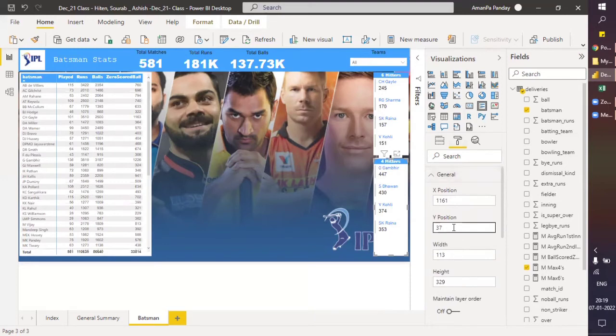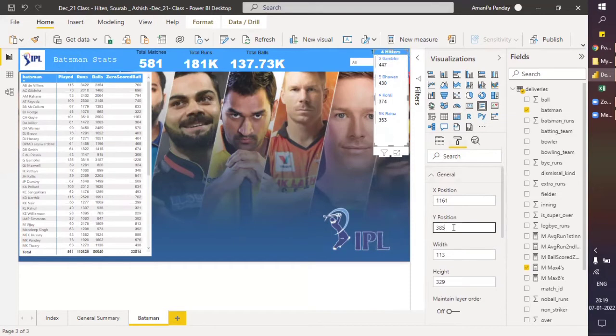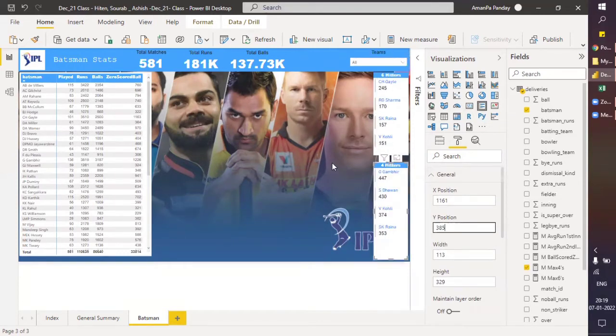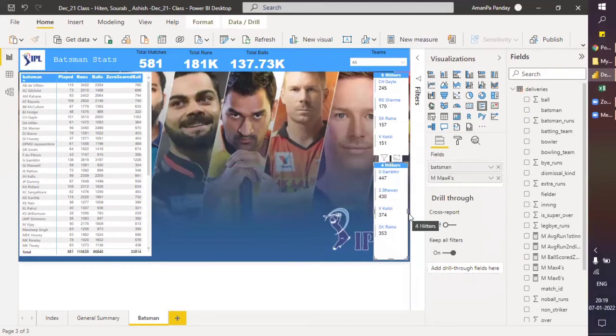It should be 85. Yeah, it's looking better now. If you align one visual, the other visuals will automatically get set up accordingly.